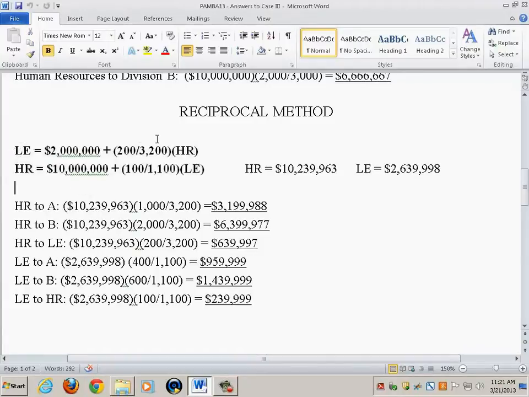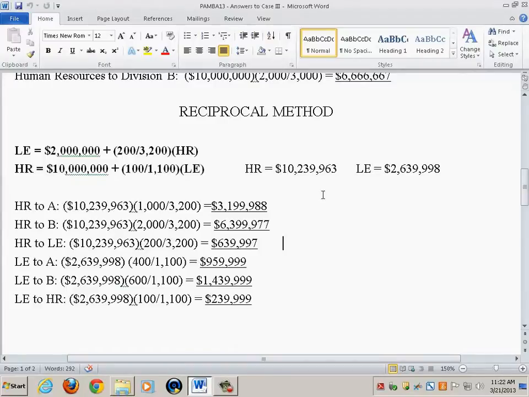You can decide that you start by substituting for HR in the first equation the expression of HR in the second equation. So you plug this expression for HR into the first equation, and then the first equation turns into one equation with one unknown, namely LE. You solve for the level of LE. Once you have the level of LE, then you plug that numerical level into the second equation, and you get the numerical level of HR. If you do that, you get the solutions. And in this case, HR is 10,239,963, and LE is